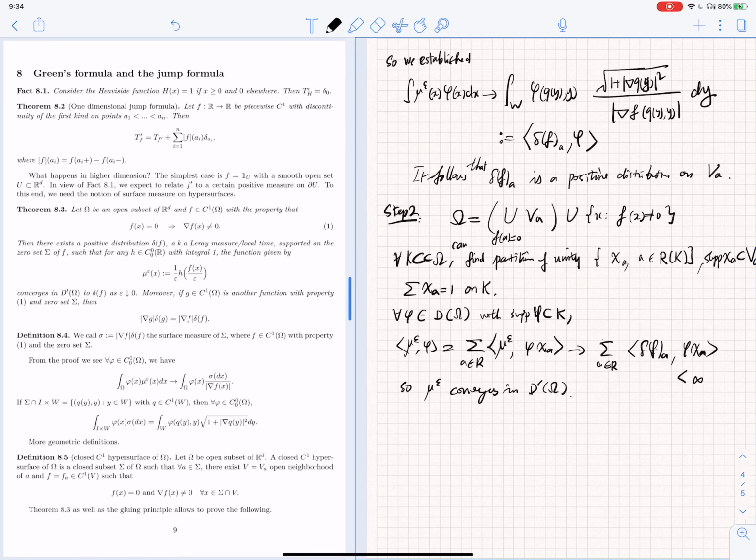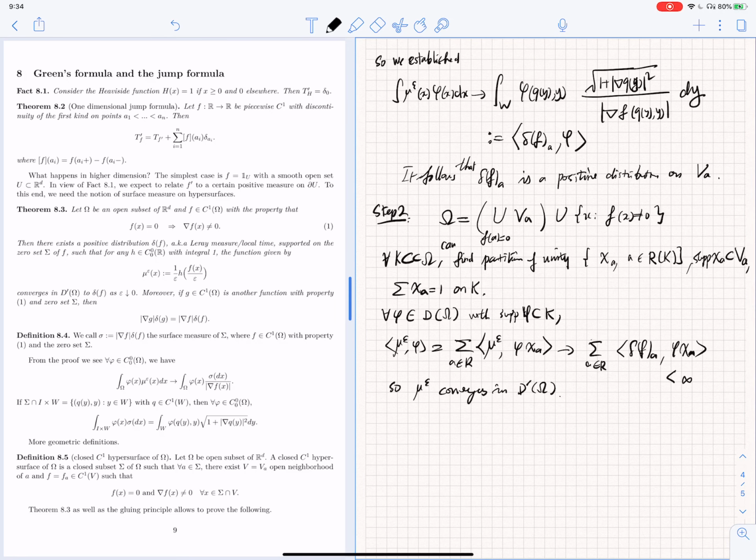All right. So now we can make use of this compatibility condition of the gluing principle that we have shown before. So there exists only one distribution which extends everything, which we obtain when we glue together all the distributions on all the sets in the open cover of omega. Okay, so by the gluing principle,